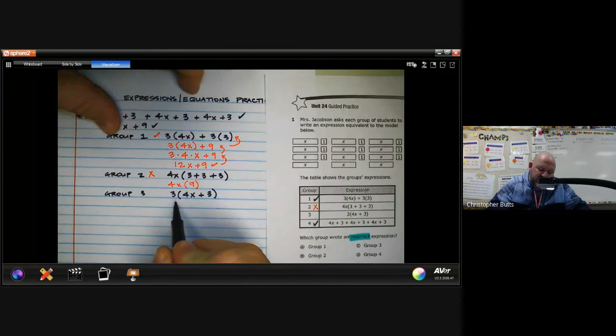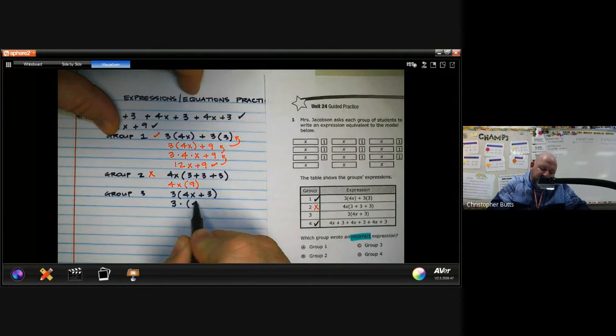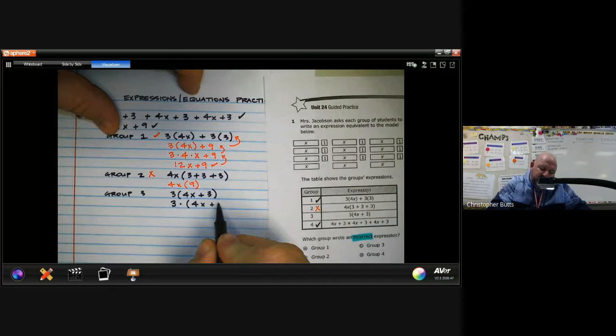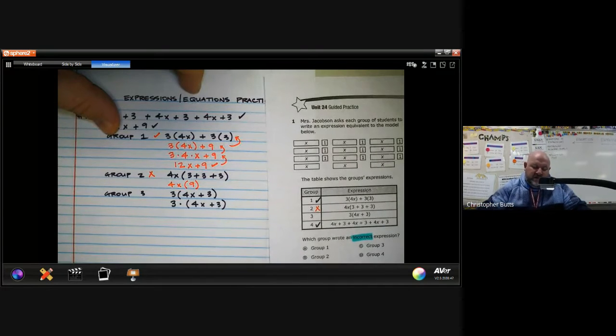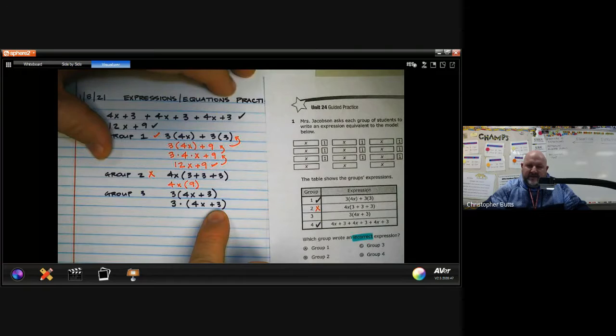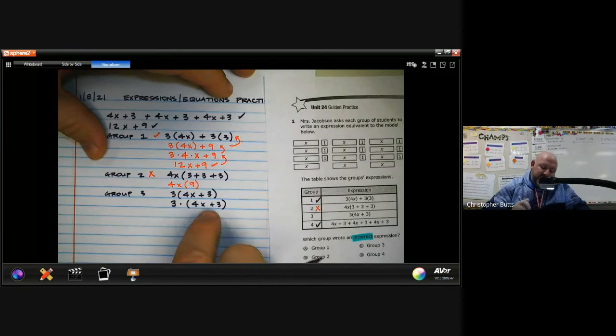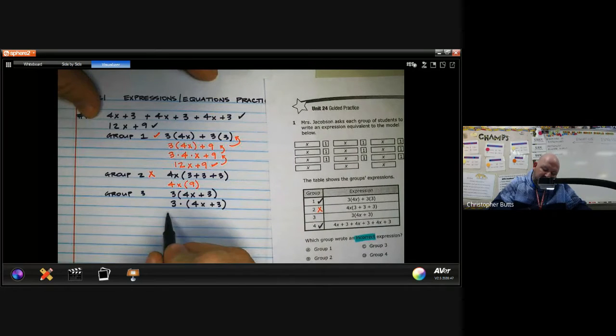This is multiplication. Parentheses next to a number is multiplication. So what we're doing is we're multiplying 3 times everything that is inside of these parentheses, okay? I'm multiplying 3 times 4x, and I'm also multiplying 3 times the positive 3. 3 copies of that. That's what that's saying. 3 of them. That's the exact same thing, ladies and gentlemen, as saying